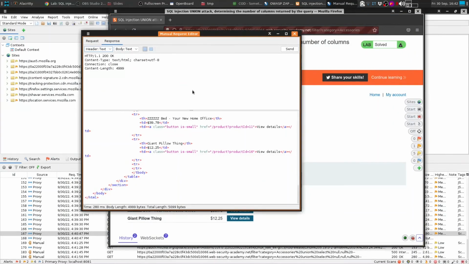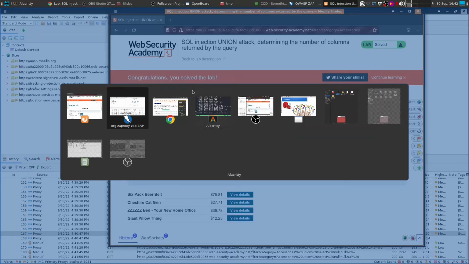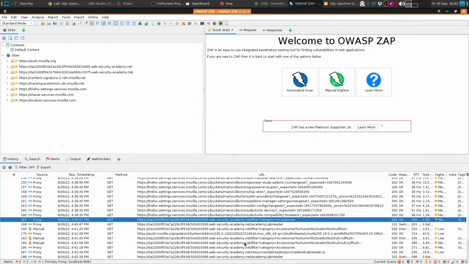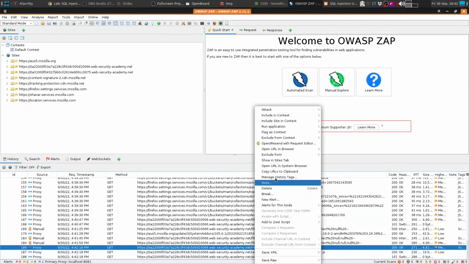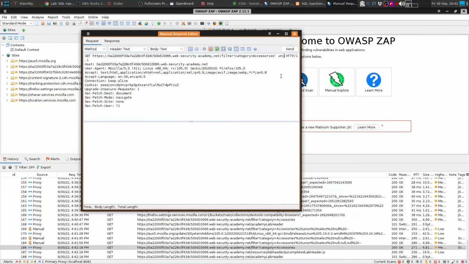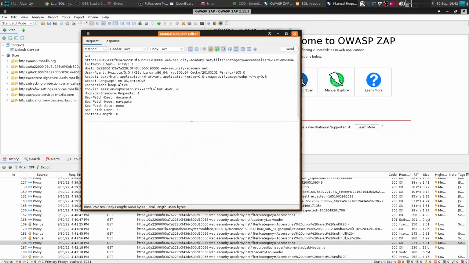Now suppose that this number is really huge and you don't want to do these manual steps. How can you work? In this other way. So let's do a standard query. Let's take the request we just sent, which is this one. We can do right click, open resend with request editor. Set up somehow the union attack, union select null, comment out the rest. Then you may want to send this request, and from this point you want to apply the fuzzer. Okay, so I'm going to replace this portion,